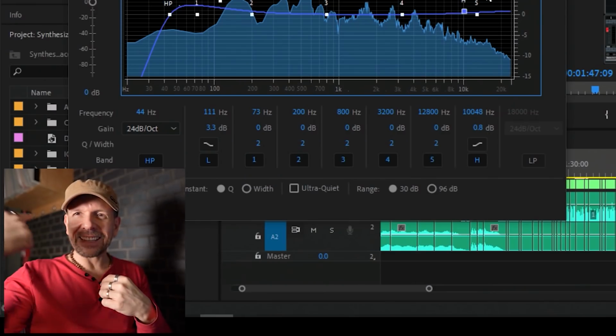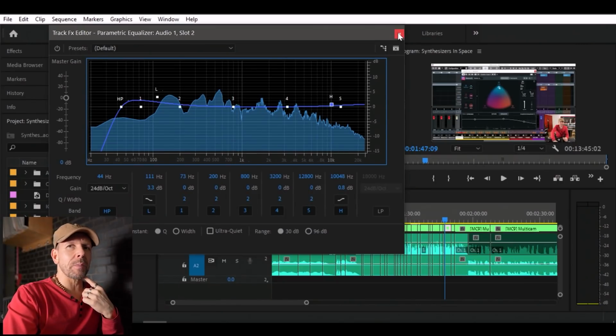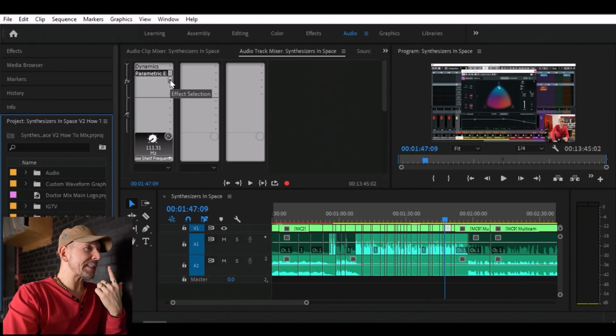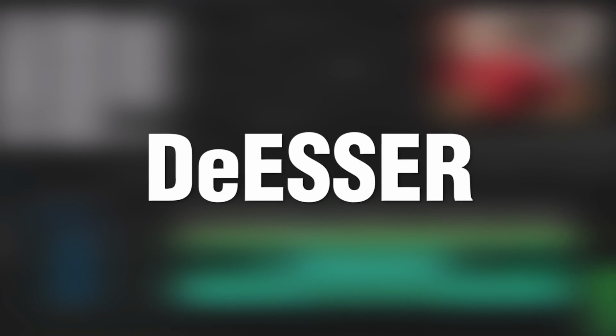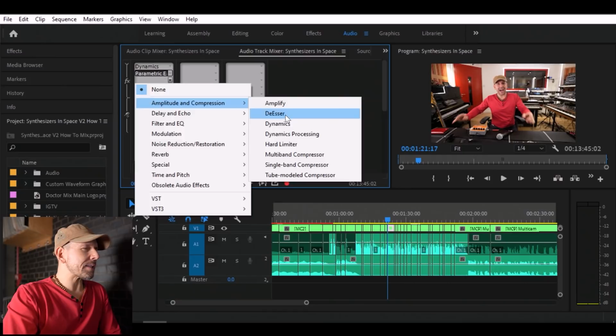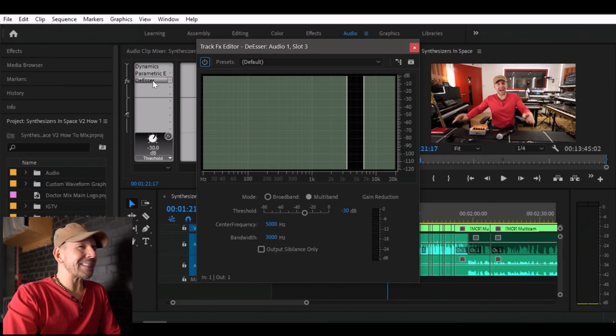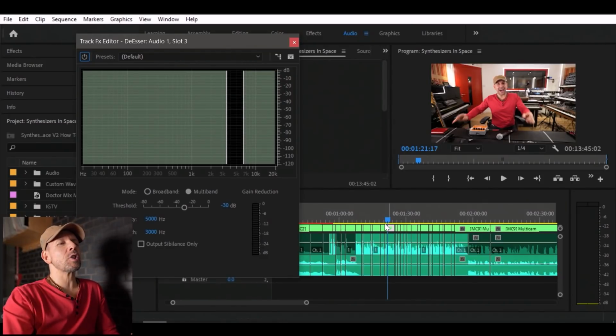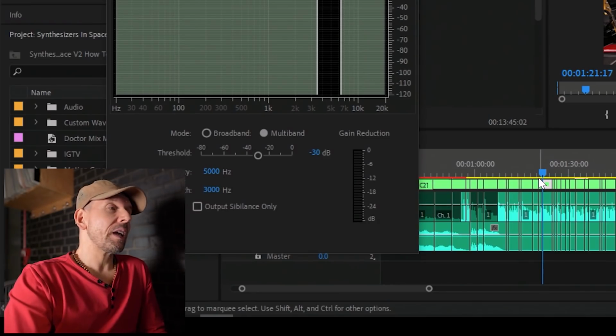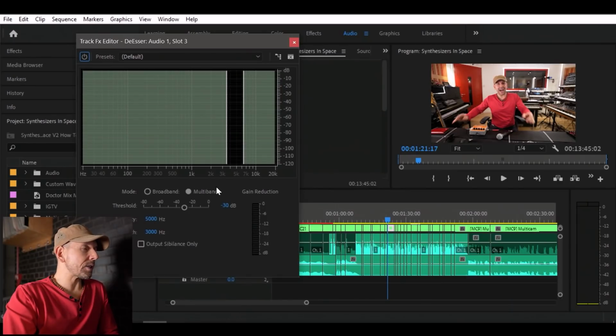You see? Like this. Usually I don't need to do much more to a microphone. If I need some de-essing, then I'll show you how a de-esser works. De-esser. Amplitude and pressure de-esser. This particular de-esser isn't great, but it gets the job done. Right now, there is no excess sibilance, in my view, but I'm still gonna try and show you how it